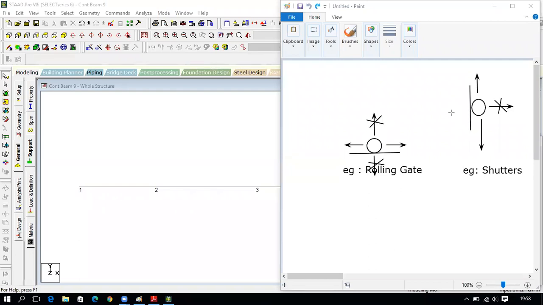And for this one also, it won't move along the x-axis like this. So you can see any shutters, you can move along the vertical axis. Can't be moved horizontally. The gate you can move horizontally. It can't be moved vertically. So here,